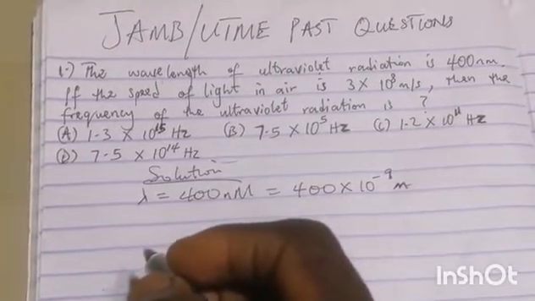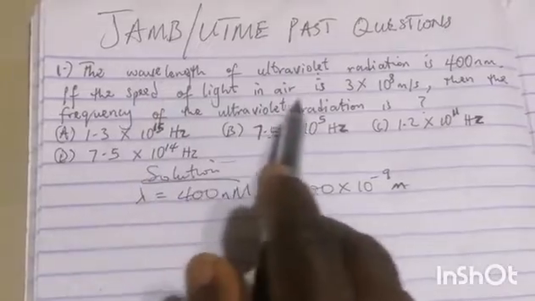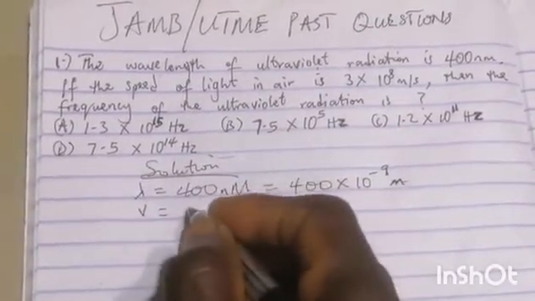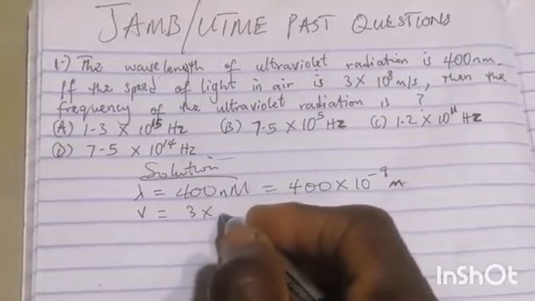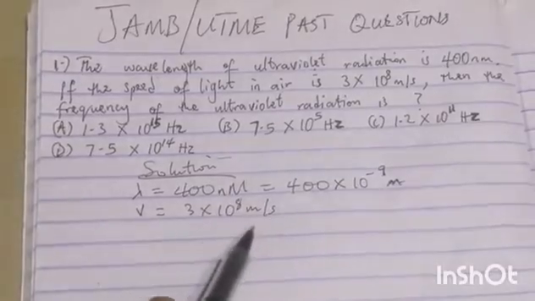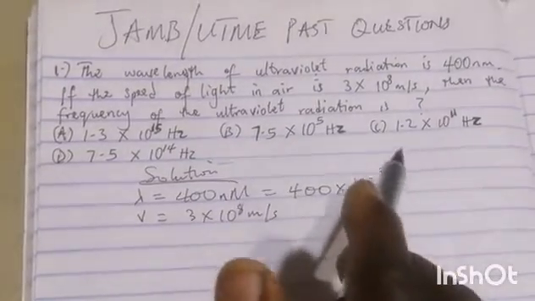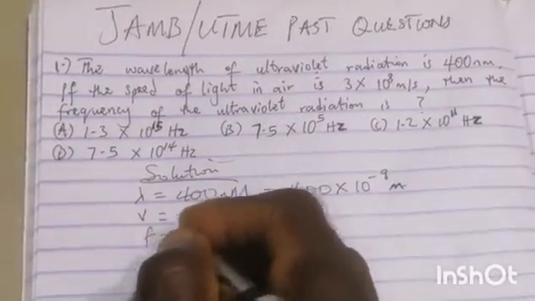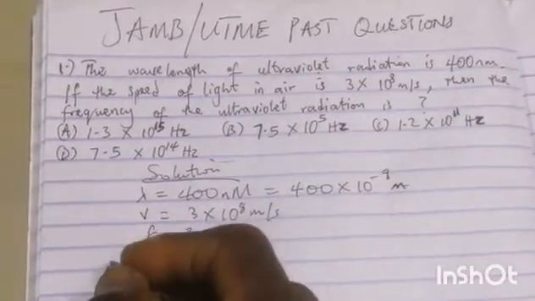And another thing that they give us is what? The speed of the light in air. That's V equals 3 times 10 raised power 8 meter per second. If you check this, it's already in the SI unit. So they ask us to calculate the frequency. So frequency is the question mark. So we know that what